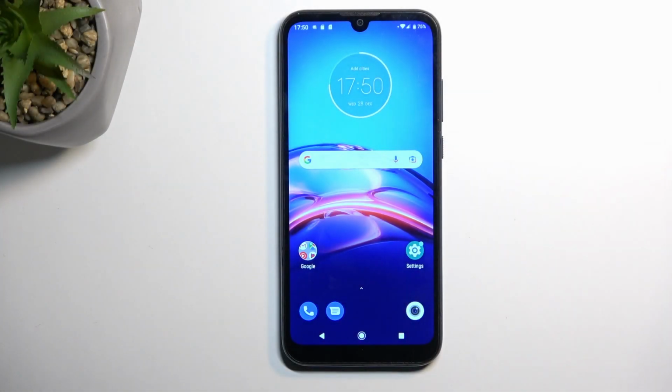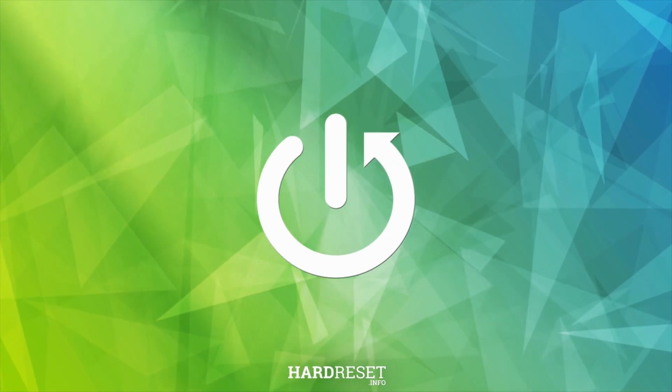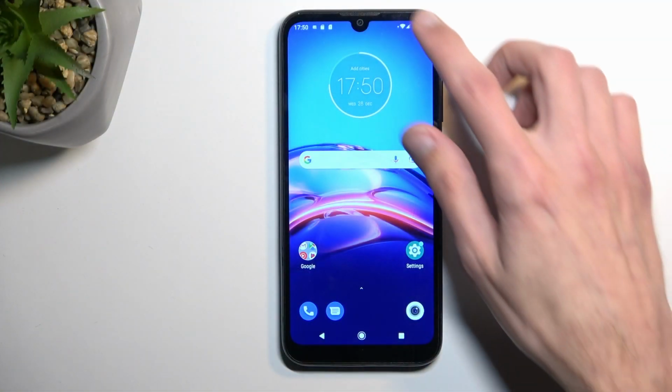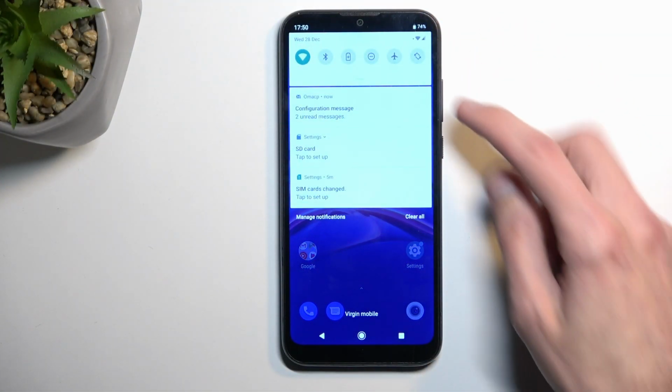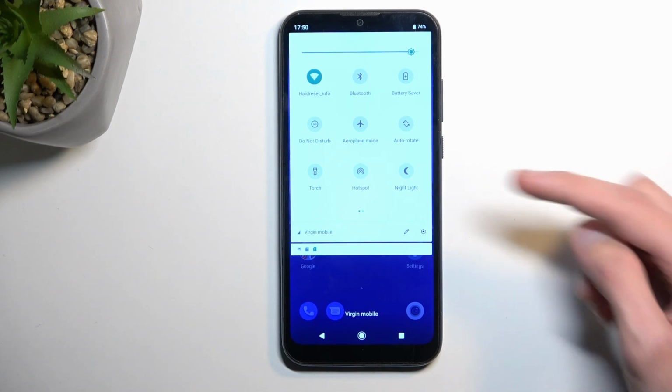Welcome. In front of me is a Motorola Moto E6s, and today I will show you how you can enable and set up your Do Not Disturb mode. So to get started, let's pull down our notification, extend the list, and here you'll see a Do Not Disturb